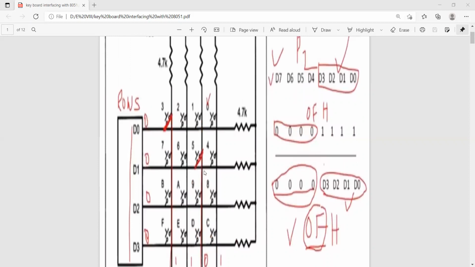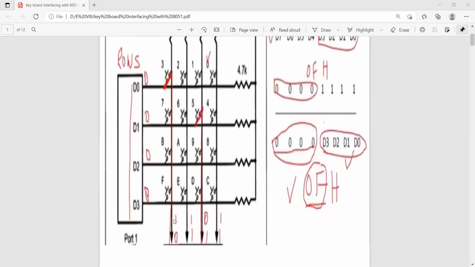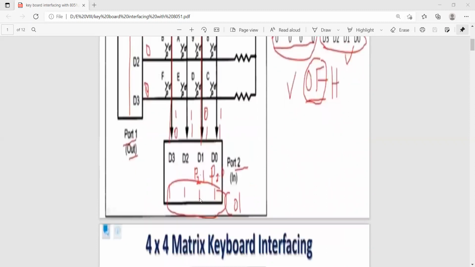So simply the power is coming in this path. Therefore, without pressing any key, the state of the lower bits of port 2 is 1, 1, 1, 1. So no key was pressed.